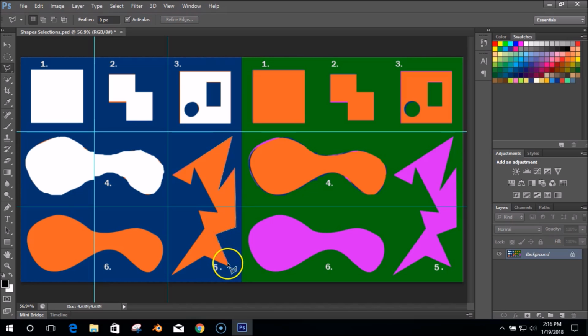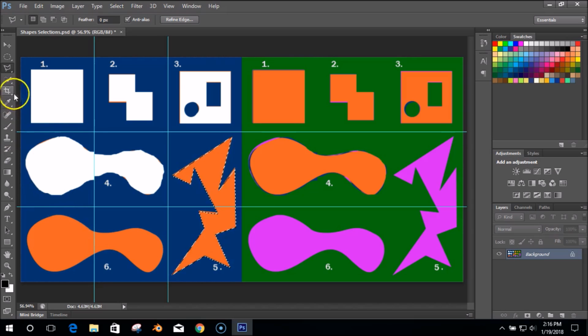Click, click, click, click, click, click, click, click, click, click. Back to the start point where I'll get this little circle next to my tool. Click, got it selected. Not going to work good for shape 6 because we don't have straight lines, we have